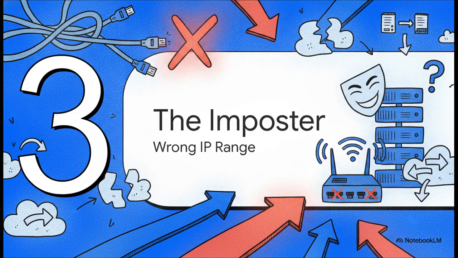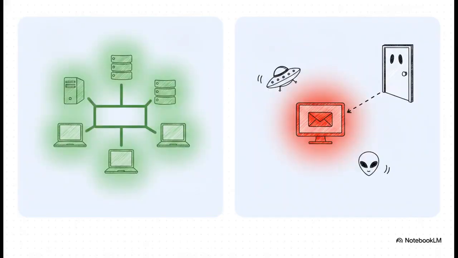Let's move on to our blue-coded mystery. Suspect 3, the imposter. Now, this one is incredibly tricky. In this scenario, the device actually gets an IP address. Success, right? Wrong, because it belongs to a totally alien network family. Look at the expected company network. It's supposed to be